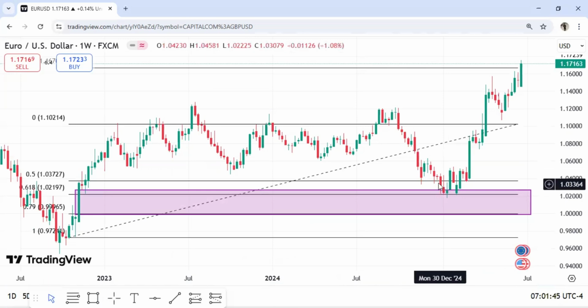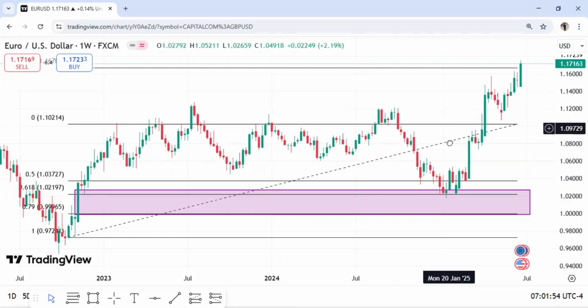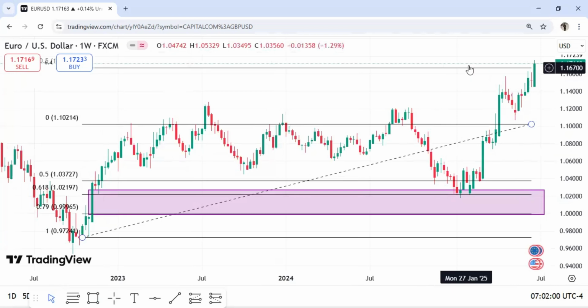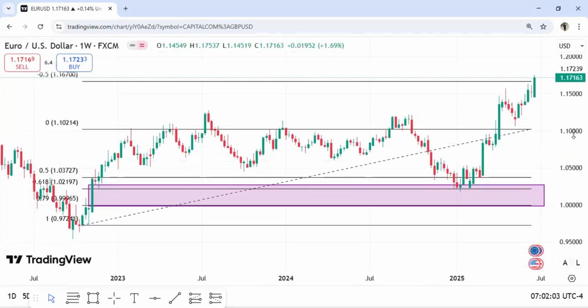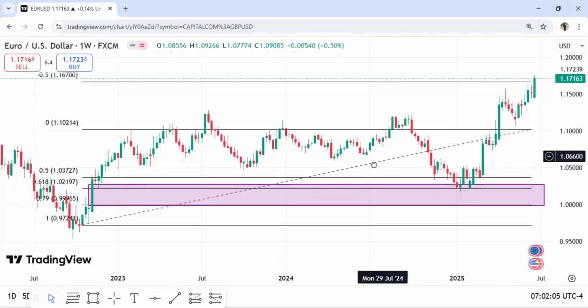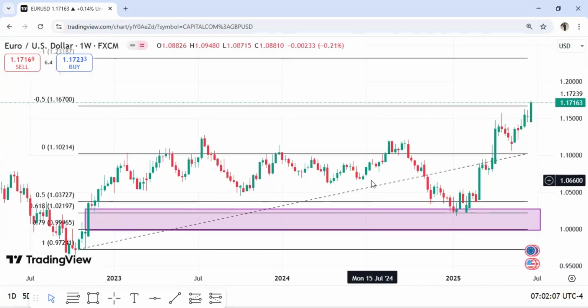After the retracement, they came back into the 0% level, which is take profit one. This was how I did it before. I was always using that as my take profit one, then the 0.5 level as the take profit two. That was how I was trading in times past,